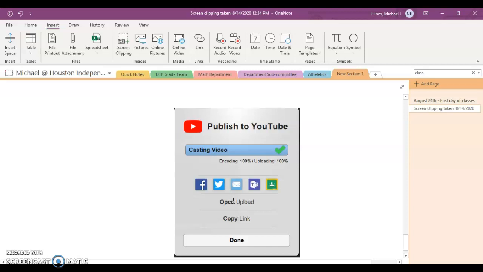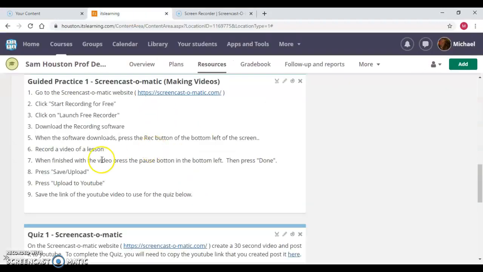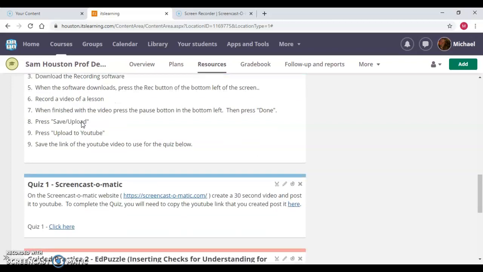This could be of anything that you wanted to teach for an upcoming lesson, so you can flip the classroom. You can open up where it's on YouTube, or you can copy the link. And if you want to go and see yourself and hear yourself speak, you can go and open up where it's located. But going back to the hub, that finishes up basically all the steps for the guided practice. And so then you go and do the quiz,